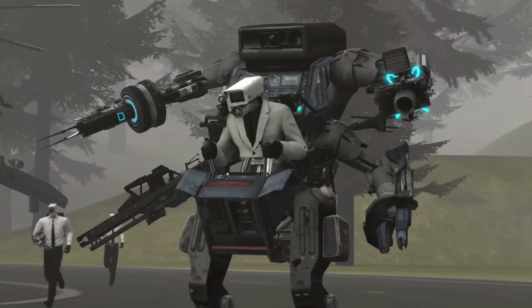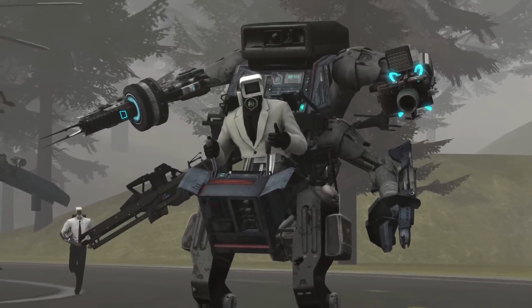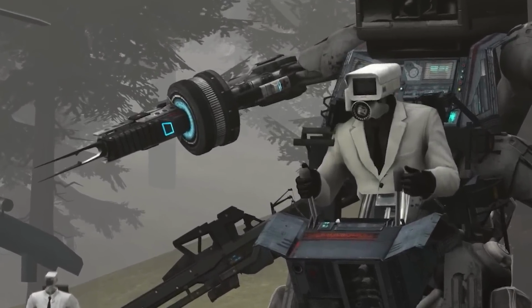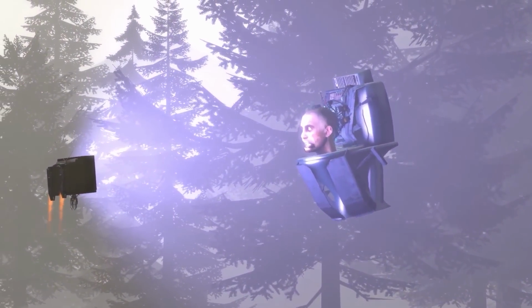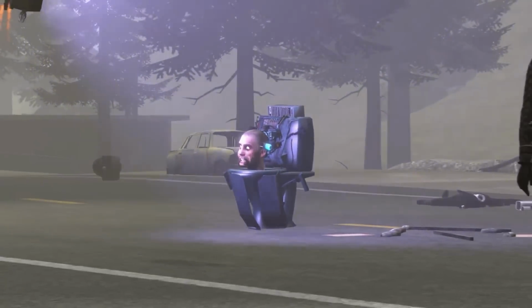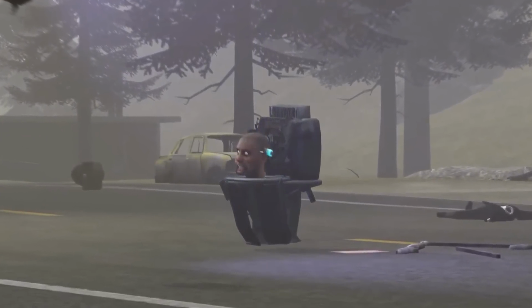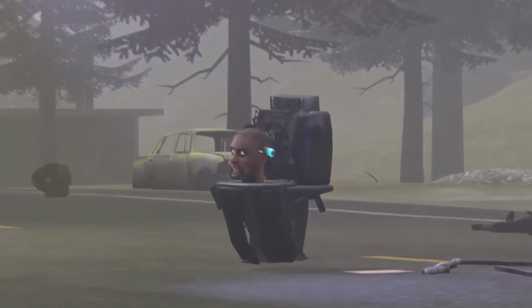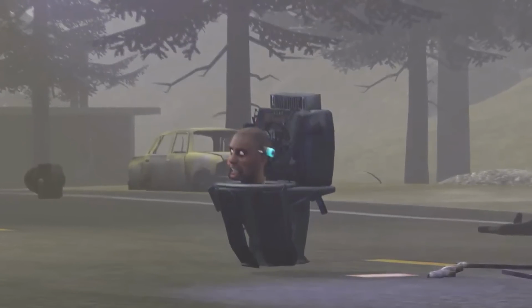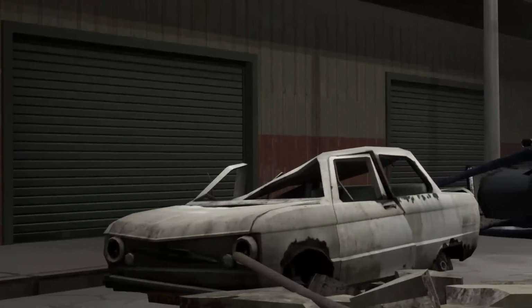When we look at the MECHA cameraman, we can clearly see that the weapon on the top left was the weapon that shot the stun dart that stunned the glitch Skibidi toilet that came back, which put him in a state of complete freeze. My guess is that they are going to take the glitch Skibidi toilet into the scientist cameraman lab and study how he can go up to speeds that are invisible to the eye, and maybe start using Skibidi tech to